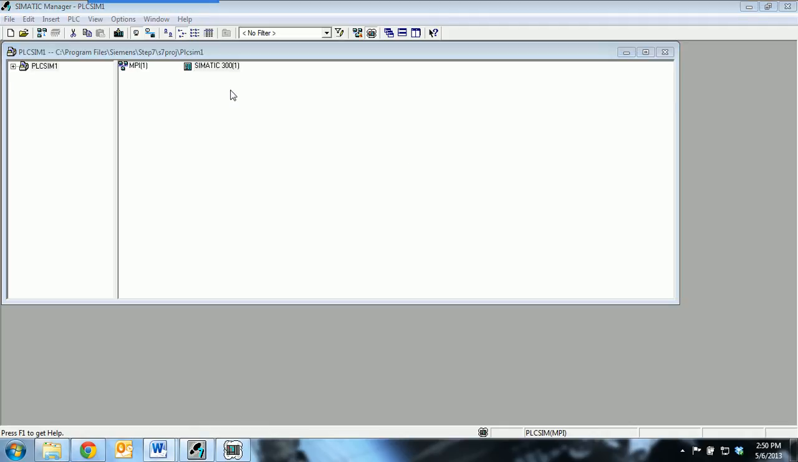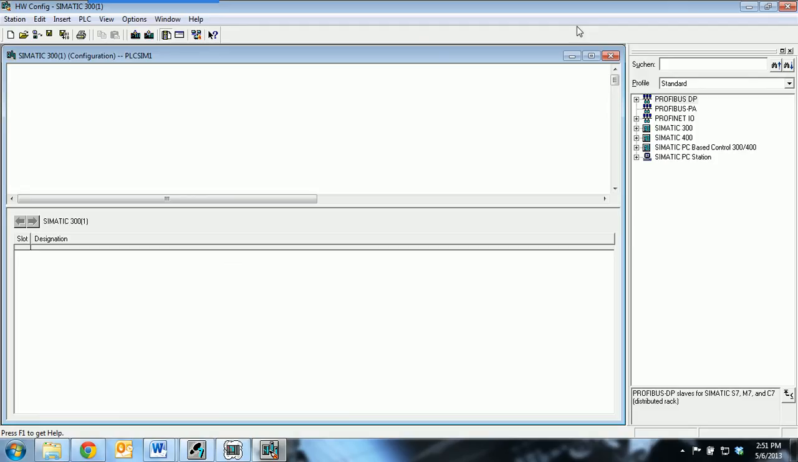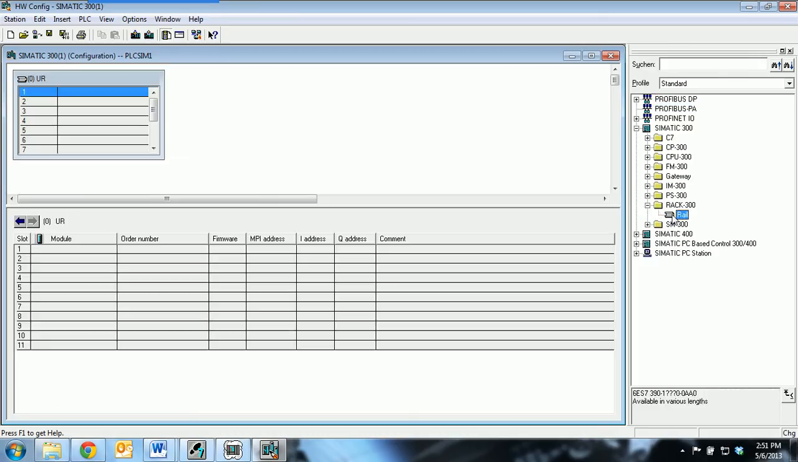I will now double click SIMATIC 300 and double click hardware. If you notice, we're doing the same thing we did earlier when we first commissioned our PLC. Looking at our hardware catalog on the right hand side, we will come in here under SIMATIC 300, and the first thing we want to do is install the rack. And then we want to choose the CPU,